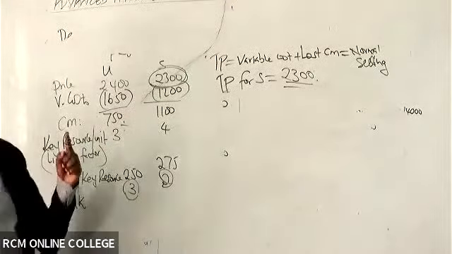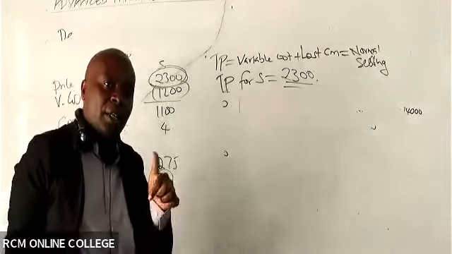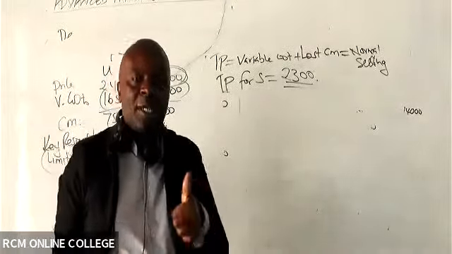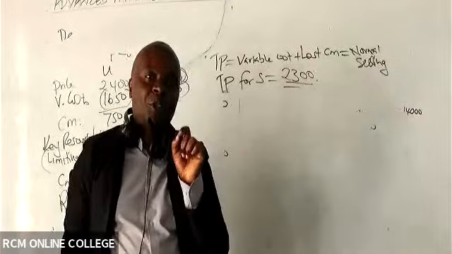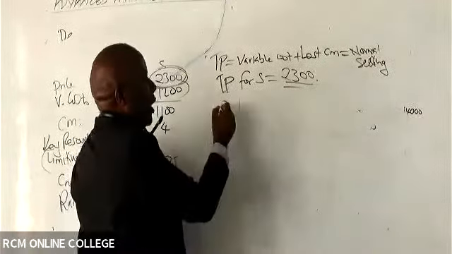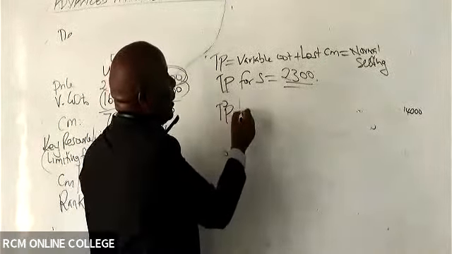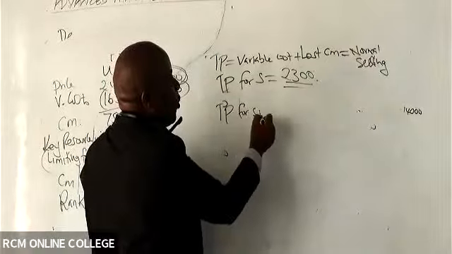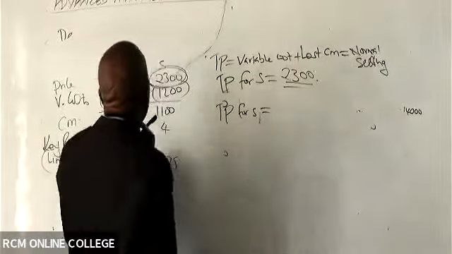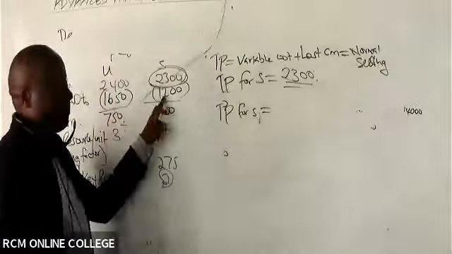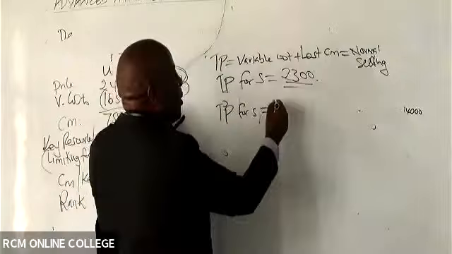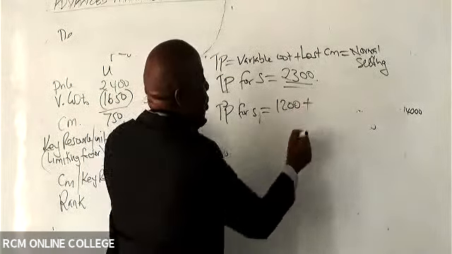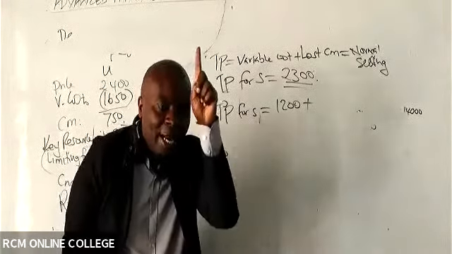Because whenever they tell you that they are using the variable cost or marginal cost plus any opportunity you lose in the form of contribution margin, this is what will happen. We know, ladies and gentlemen, that the variable cost for S is 1,200. And if you don't sell this S out there,